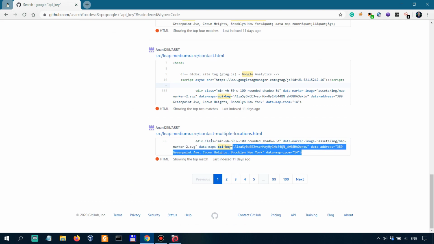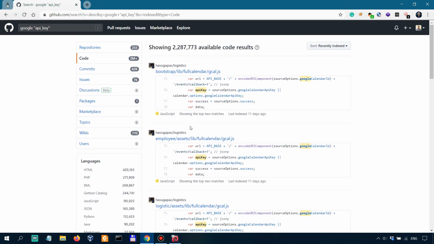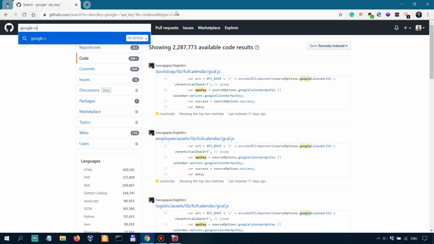And we get to see stuff like this. Now, similarly, you can search for the name of the organization you're conducting security research on and other magic keywords such as, for example, CSRF, secret,